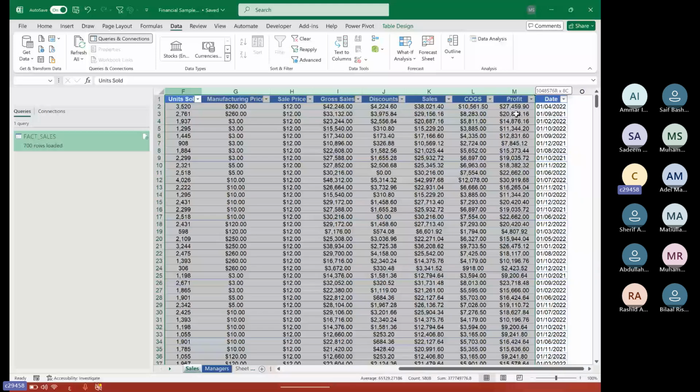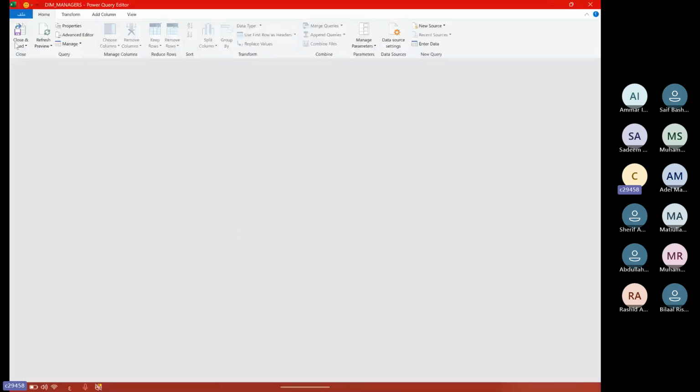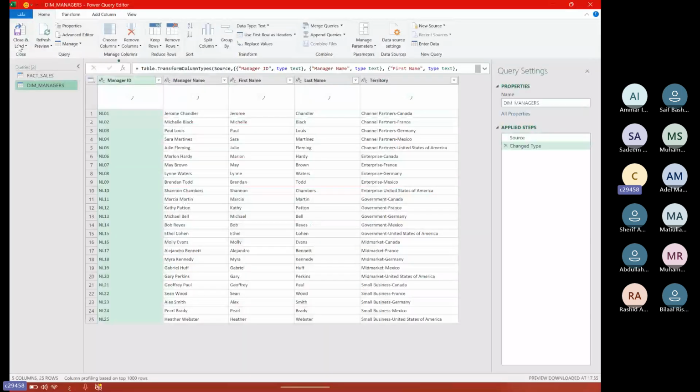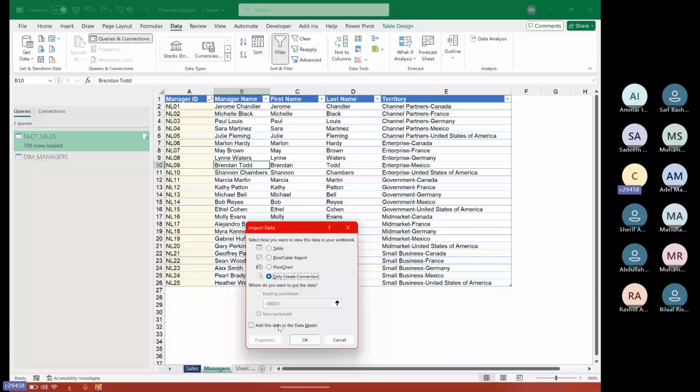I wanted to show you how we connect the data. Here you will find all the manager names. Everyone has only one row. It's not repeated, and it has 4 more pieces of data about this manager ID. So how will we connect this? We will go to Power Query and connect it there. Also, we will explain this. Don't worry about this. We will only create a connection, and we will add this to the data model, because we need to build something called a data model.